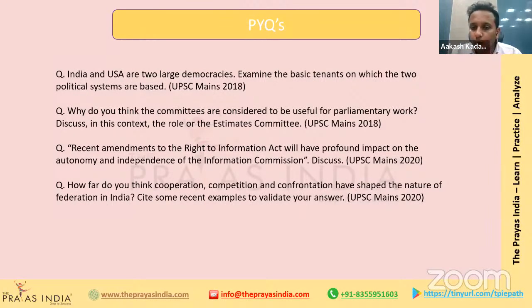Apart from that, we had cooperation. With regards to cooperation, you can talk about various bodies such as the GST Council. You also have a body called interstate councils. These councils are made so that there is cooperation between states, right? So what does this question expect from you? This question expected that you should know the essence of federalism, and you needed to analyze this essence of federalism by appending the relevant current affairs, right?